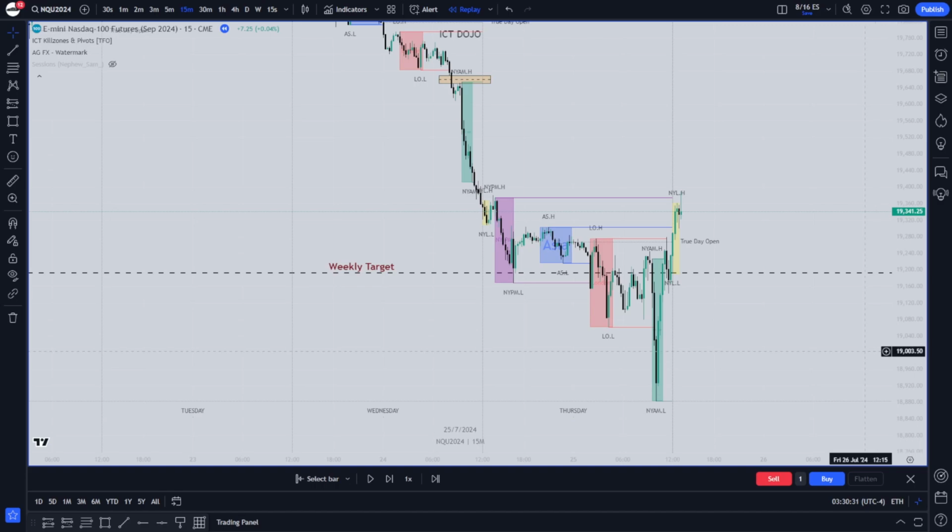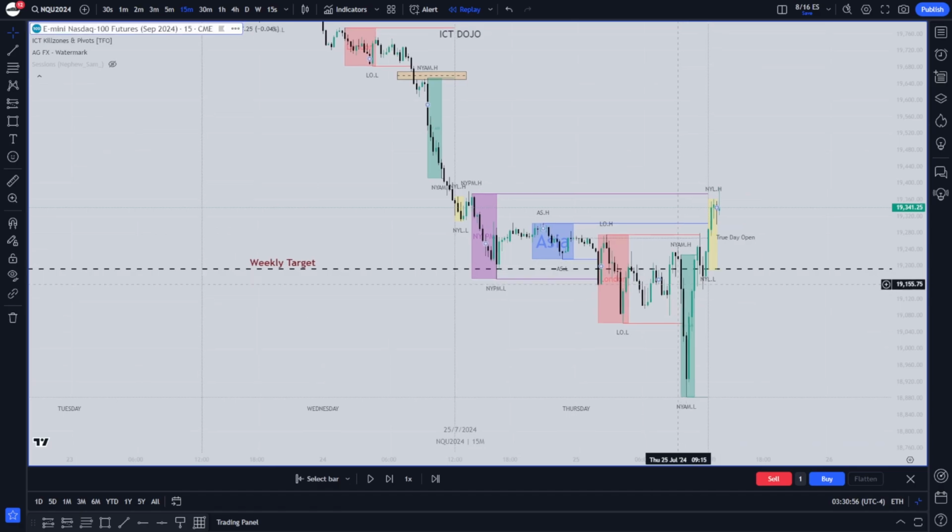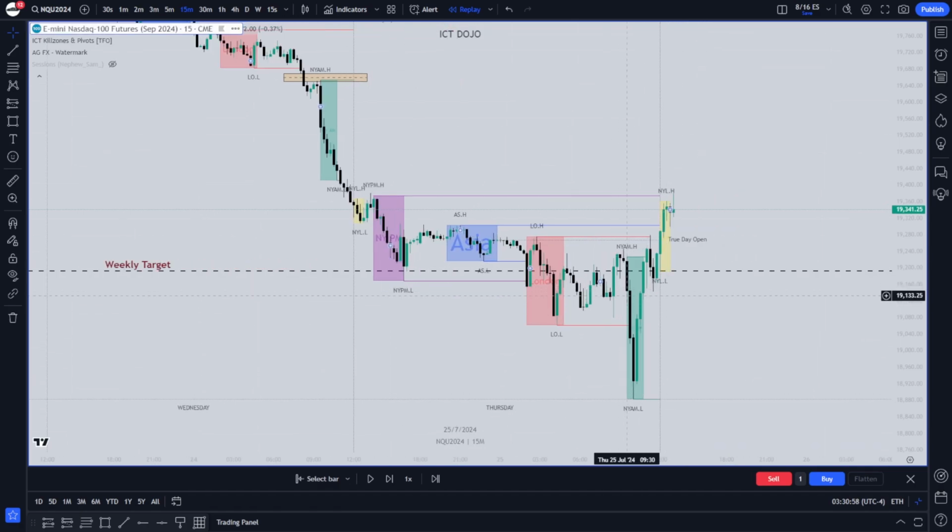So now looking at the following day, our weekly target was hit and we could reevaluate and see what's our next draw, what's the next possibility. So when we hit our weekly target, there's always the possibility of a TGIF, which is simply a retracement of the weekly expansion. So as we could see right here, we trade down lower from 9:30 to 10, we trade down lower. So we're going to look at this, and we haven't entered any positions yet because we're waiting for